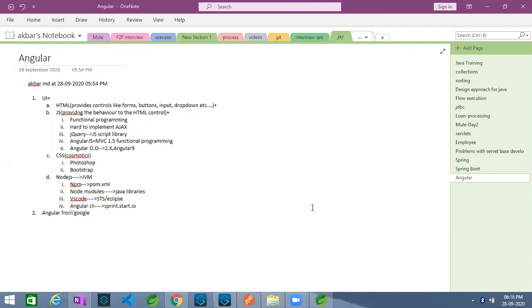Because your everyday work will be in Java only, the majority of the time. Unless you have a desperate interest in learning Angular, I really recommend not going to it, even for people with 4 to 5 years of experience. Why? Because UI development depends on a lot of factors.